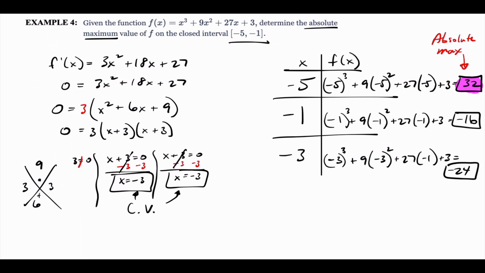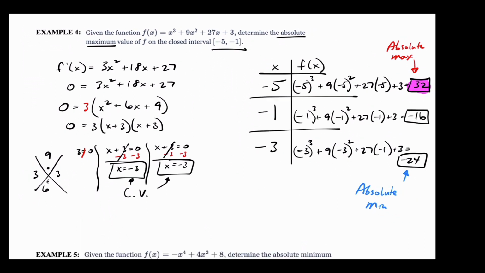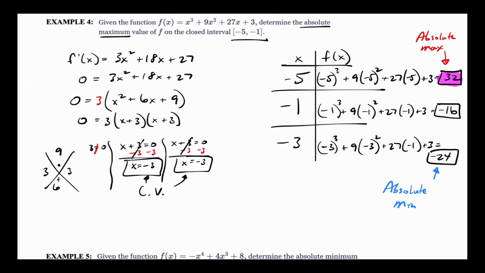What is the lowest or the smallest y value? -24. So that one's going to be my absolute minimum. -16 is just a relative. -16 would just be a relative maximum or minimum. I don't know if it's a maximum or minimum, but it would just be a relative. But it didn't ask us for relative, so I'm not worried about that. I just want to know the absolute maximum. Well, the absolute maximum